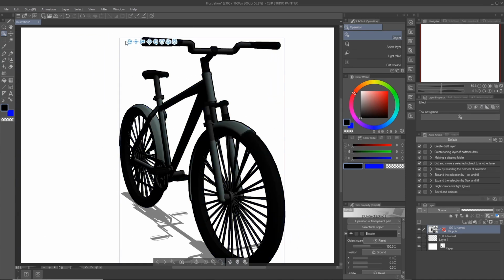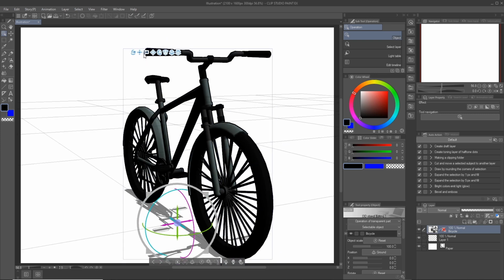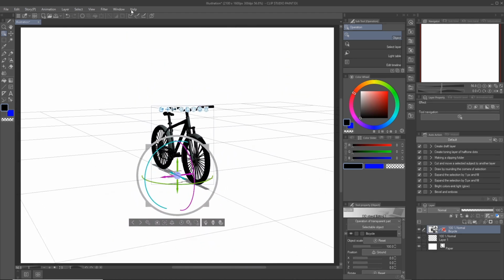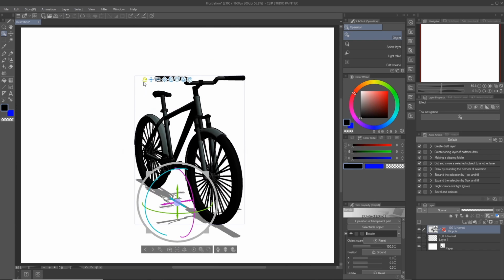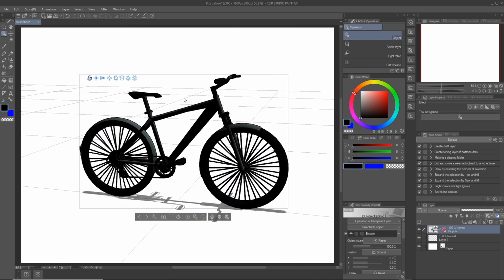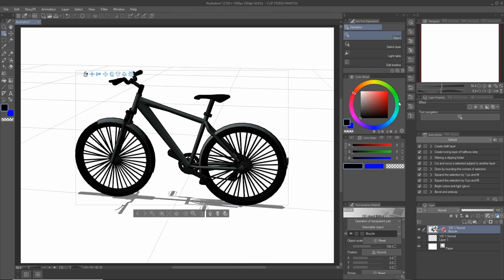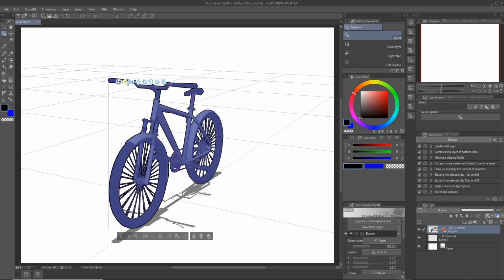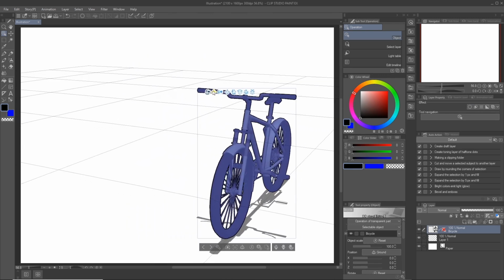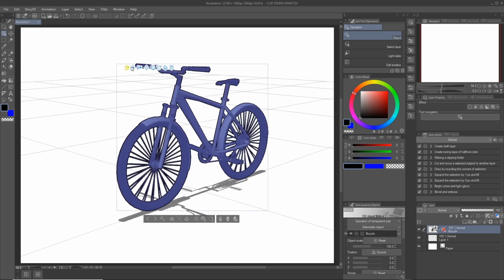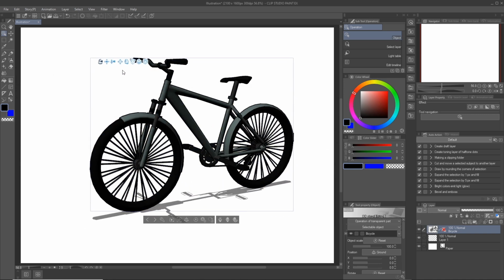You'll notice a series of icons on the top and bottom of the screen. Let's focus on the icons at the top for now. You'll notice the first three have a little camera icon and some arrows. If we select this third one, it allows us to zoom in and out of the object. So in this case, the bicycle was a little bit close and I just want to zoom out a bit. The first one allows us to orbit around the object. And the second one allows us to pan. So if I wanted to center the bicycle in this case, I would pan over, maybe click on tumble, and then zoom in just a touch.